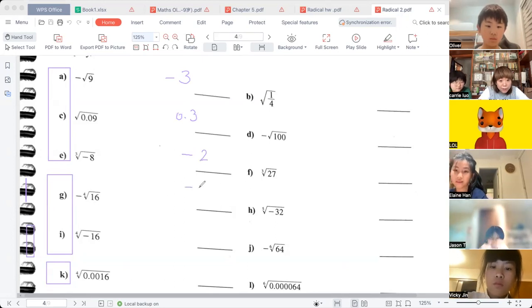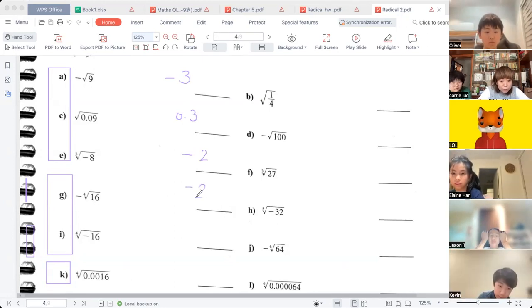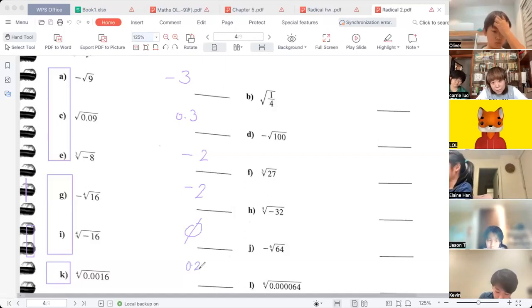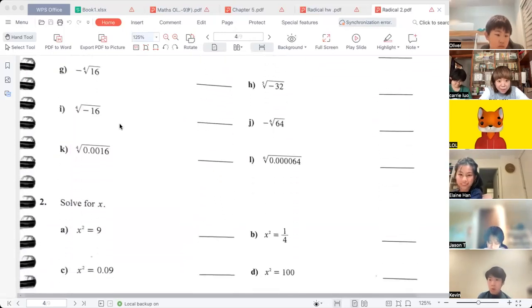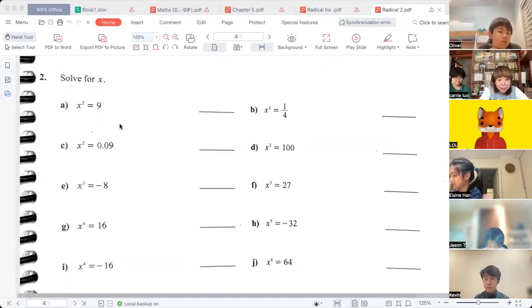Negative 2. Negative 2. Impossible, no answer. 0.2. Okay, that's the answer. 如果有错的，自己站起来打一下屁股。OK, that's it. 我就不多说话了啊，自打。